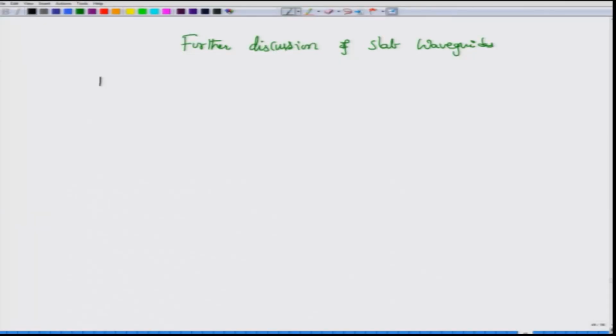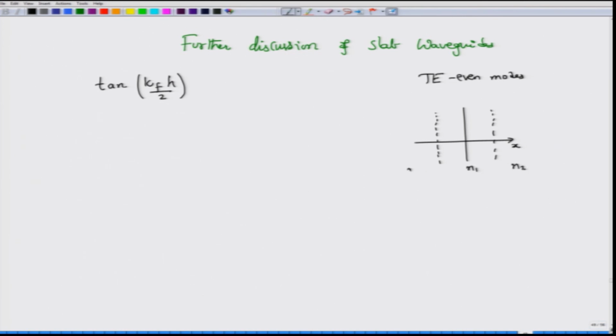We start from something that we already know. What I am going to do now is to just recapitulate those equations which you already have seen earlier. So, this is for the transverse electric even modes. When we say even modes, what we actually mean is that if you were to look at the x axis, the slab waveguide of course has the modes propagating along the z axis, but it is bounded by two planes. Inside this plane you have n1, outside you have n2, and one plane is kept at minus h by 2, the other plane is kept at plus h by 2, as we have seen.